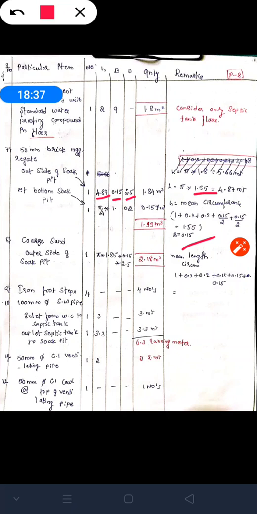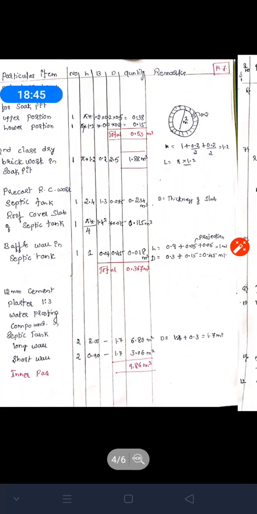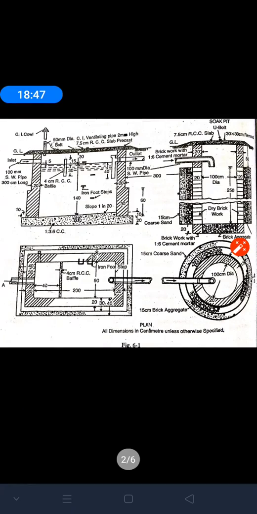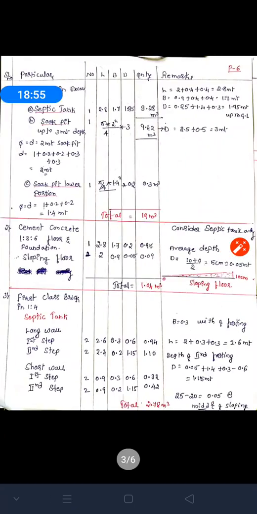Okay, now 2.5 meter, you can see the inner dimension of the soak pit, that is 2.5 meter depth. Okay, then at the bottom of the soak pit, he has also given brick aggregates here. Brick aggregates at the bottom of the soak pit, this one. These are brick aggregates. Your marking is there. No, these are brick aggregate bottom of the soak pit. Dimension is